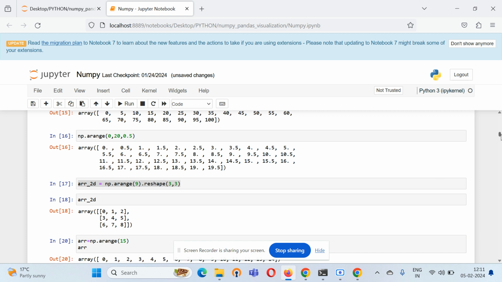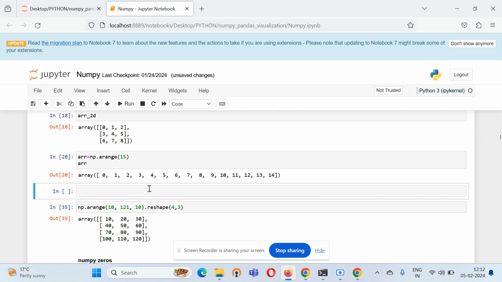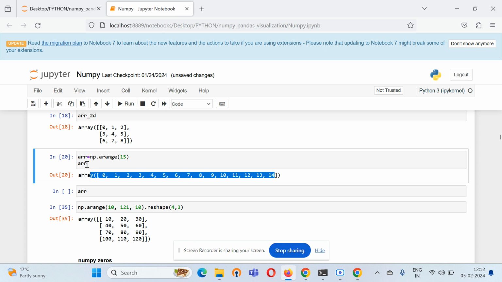So it will print 0 to 14. Now I want to reshape it. The 0 to 14 is stored in arr. There are total 15 elements. Now I want to restore this into the shape 5 comma 3. Obviously that should multiply to 15: 5 3s are 15. So array dot